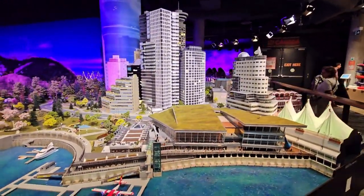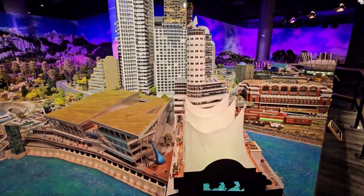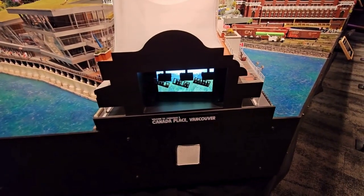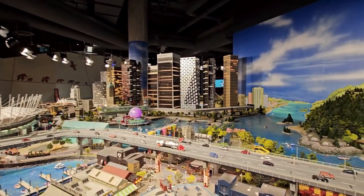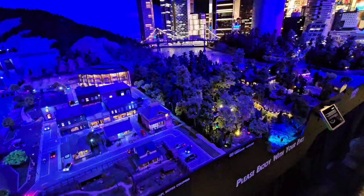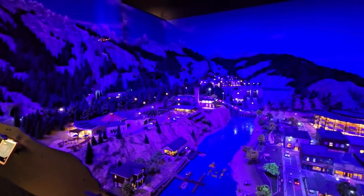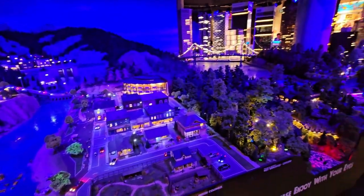So taking a look, let's go to the little west coast. So we're talking about Vancouver here. So you can see the bustling city of Vancouver, and they even have a replica of the Flying Over Canada ride, and you can see them actually, the carts moving. So once again, we're in Vancouver, and also we'll be taking a look at